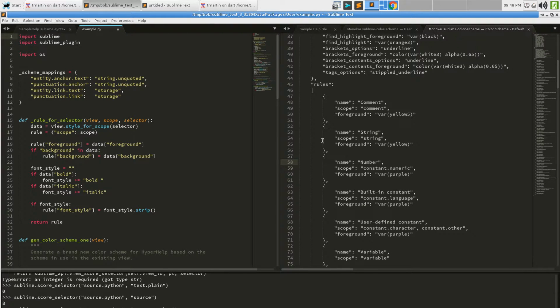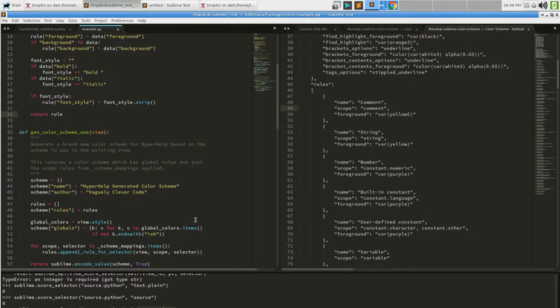And you'll see over here, we have a scope, which is this parameter, and we have a scope selector, which is this parameter. So we can iterate through every one of these items in this color scheme mapping, call score_selector and find the one that matches the best, quote unquote, and then use that one.